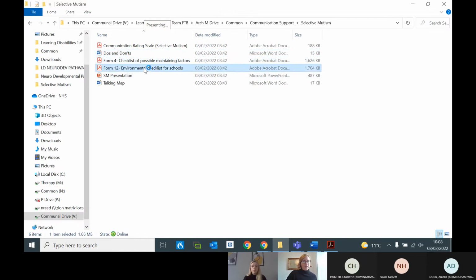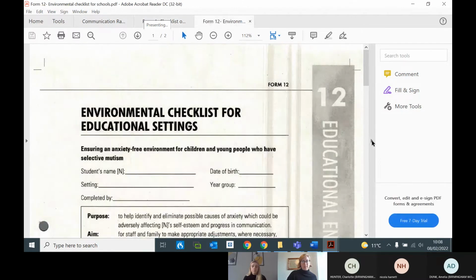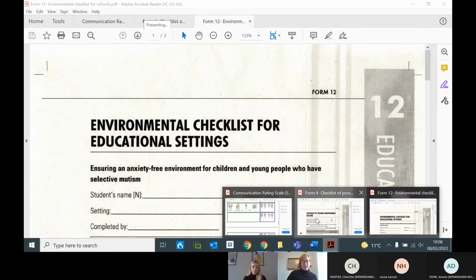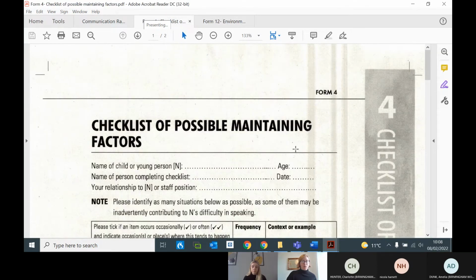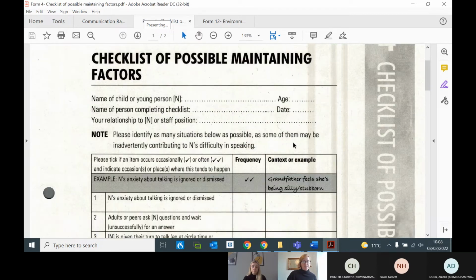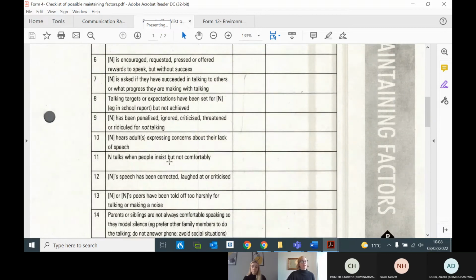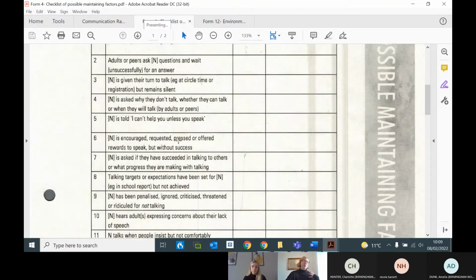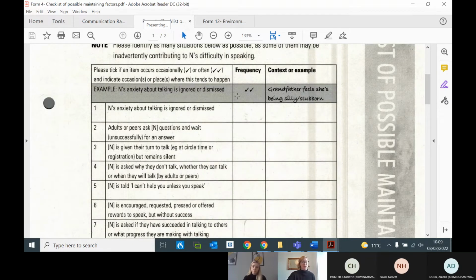And there are the checklists as well from the Maggie Johnson book, which are really, really useful for information gathering. So the first one is a list of possible maintaining factors. Essentially, this is a list of strategies that don't work, strategies that either avoid the issue or put too much pressure on the child. You can tick how often they're used by the child's network and add any comments